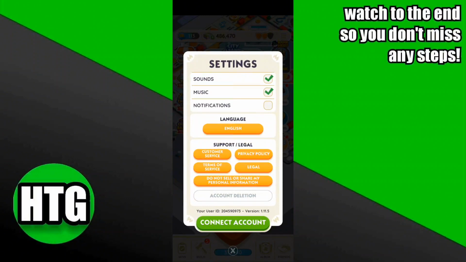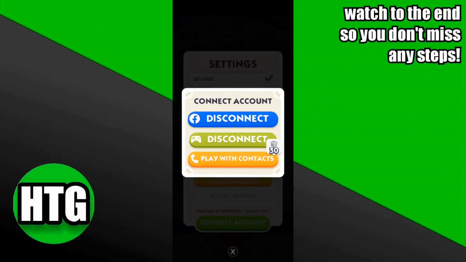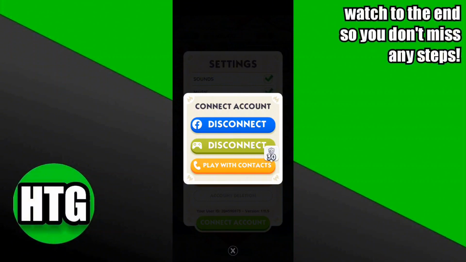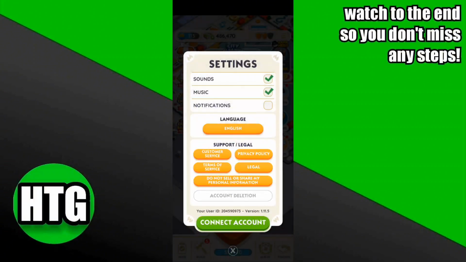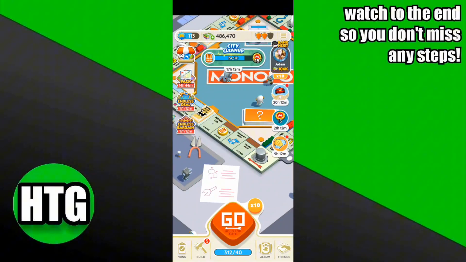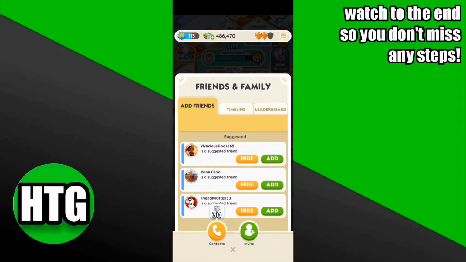Now click on the connect account button and select the first button to disconnect the Facebook account, and then you can come back to the friends option. After you disconnect the Facebook account, you can see the Facebook button